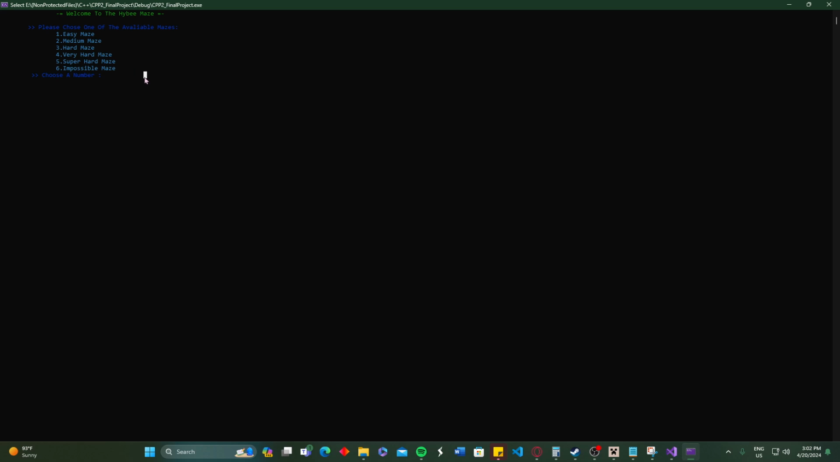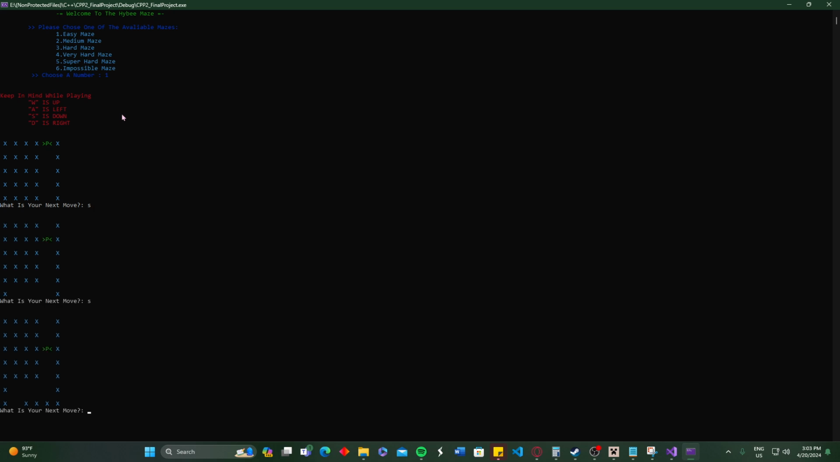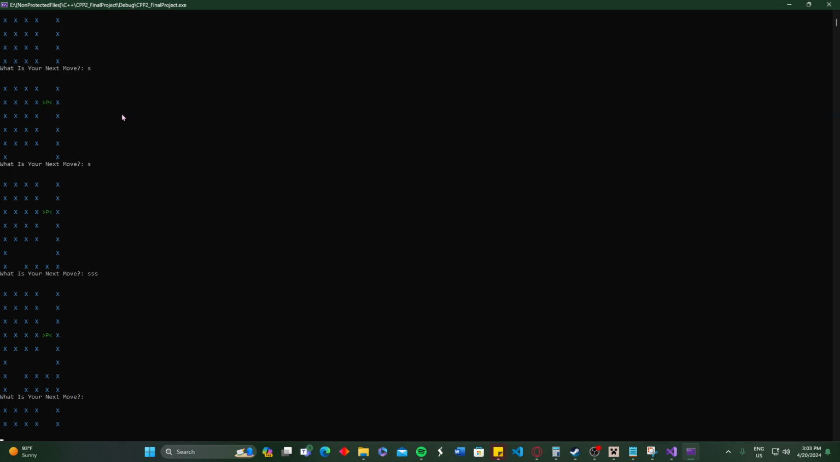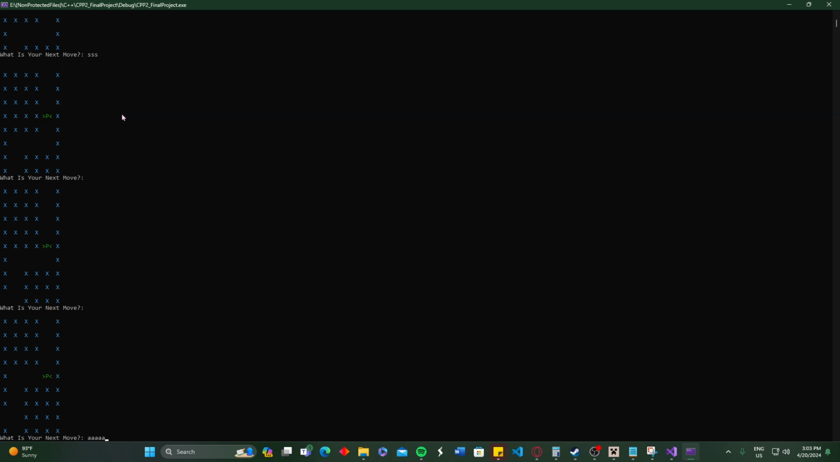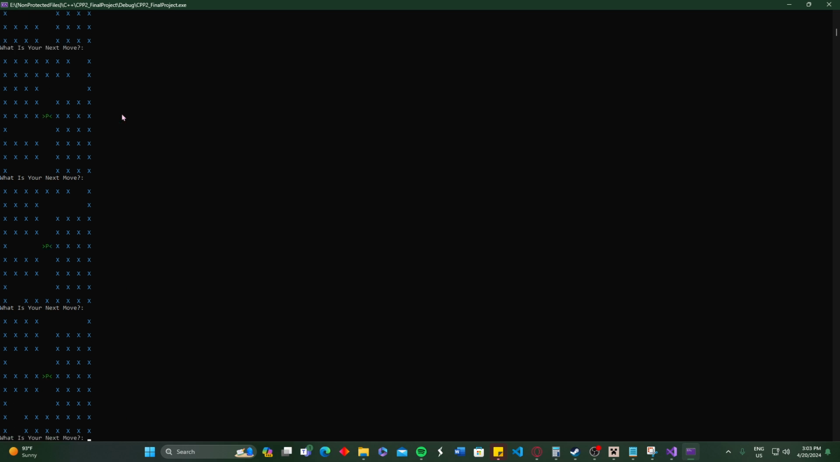Choose a number. To go with something easy, I'll just go with the easy maze. This one was, I believe, around a 15 by 15, so it shouldn't be that hard. Alright, so it should tell me, keep in mind while playing, W is up, A is left, S is down, D is right. So just WASD like a normal game. So this time we're going to go down, and we're going to hit enter every time. If you also want to, you could put in multiple, and it just goes that far. You could go spam A, though it's not really,